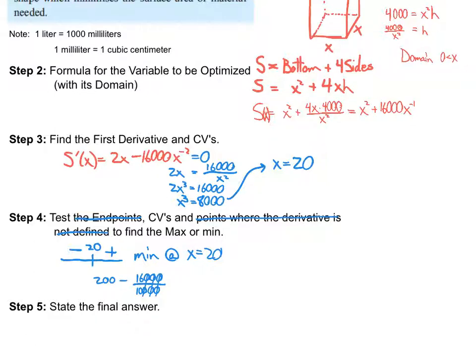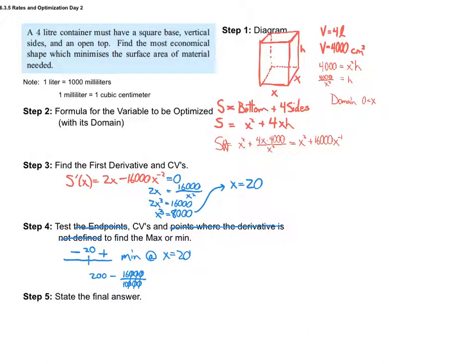All right, so our final answer, what were we asked to give? Where the surface area finds the most economical shape. Okay, so if you're going to describe the shape of this thing, you would need to give not just x, but h as well. To really describe the shape, you would want to tell, okay, the base is this by this, and the height is this. So, you should make the container,